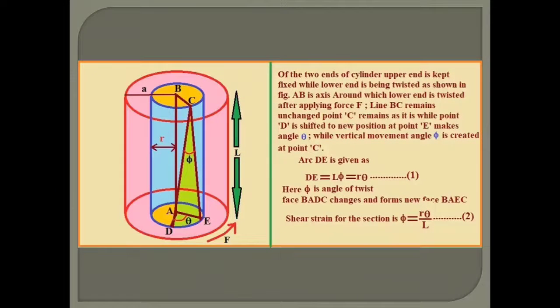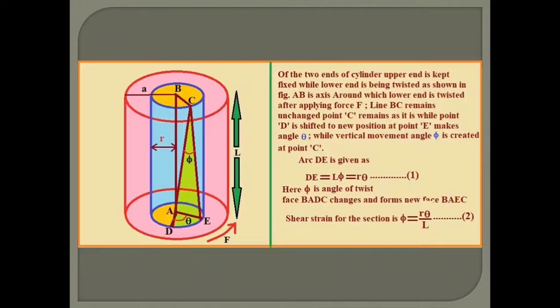So first of all, we will see what is the couple. When equal and opposite forces act on the system, then a certain change takes place, and that change is a twisting action. Now we will see it in this article, couple for twist of cylinder. So couple is nothing but opposite forces that are equal in magnitude.